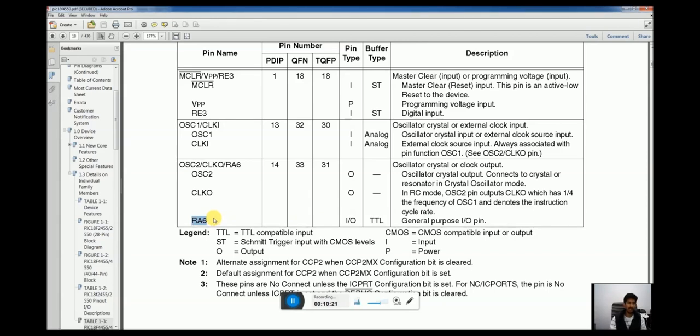So we can select whether we are using an external crystal oscillator or an external waveform generator. In case of a waveform generator, we need only 1 pin. So there is no option to associate this pin with a digital input output port. But this is the bare minimum. The second pin is optional and is only needed in case we are using a high-speed crystal oscillator. So we are given an option to use this pin as a crystal oscillator pin, or if we are not using a crystal oscillator, associate this pin with port A6 and use it as a digital input output.